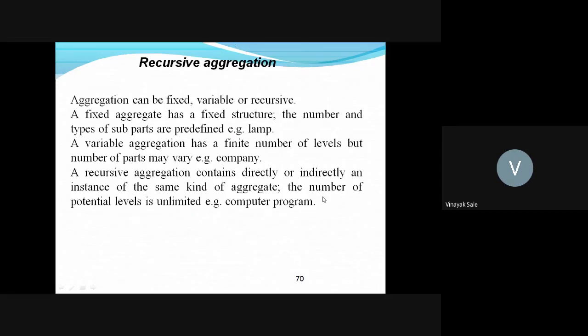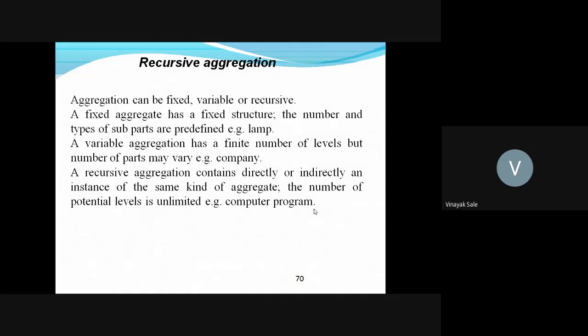Then recursive aggregation. Aggregation is fixed, variable, or recursive. A fixed aggregate has a fixed structure. The number and types of subparts are predefined. For example, a lamp.